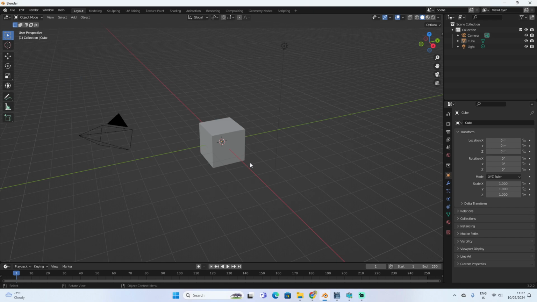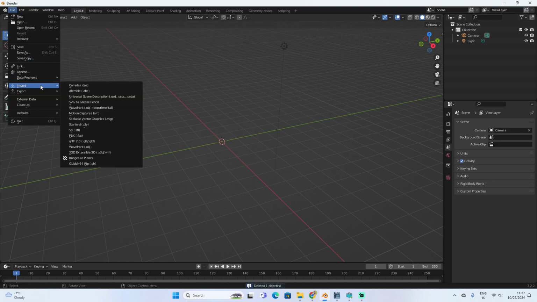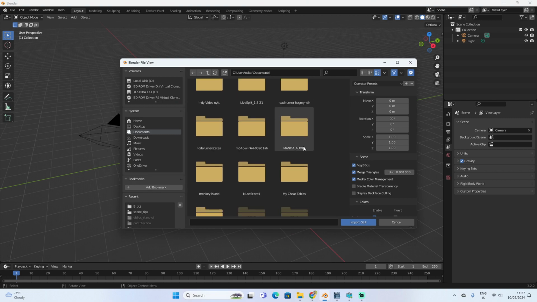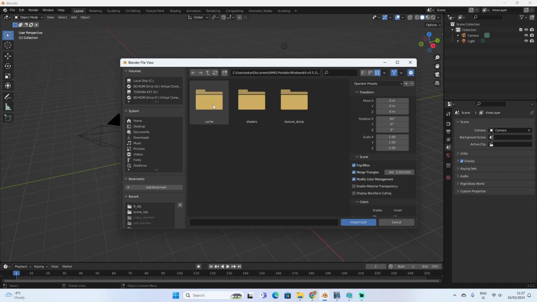So once you've done this, let's get rid of the cube here. You can go into import, and there should be this option, Glide N64 RIP. Once you do this, you can go into your emulator file and push here, or go into a cache. I don't know how to say this, but then you go to texture dump, and then you can choose the game. For me, it's Bug Bumble. Just press on,